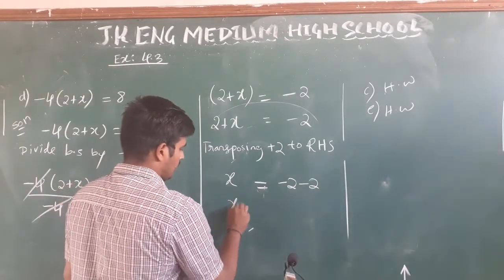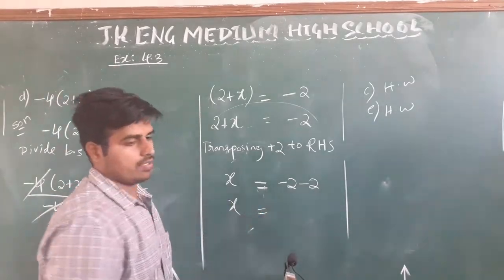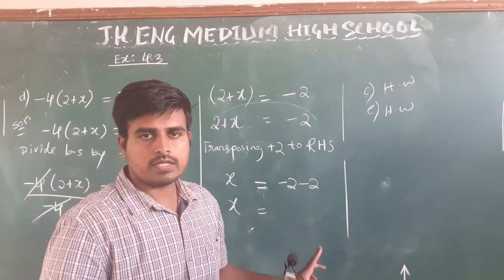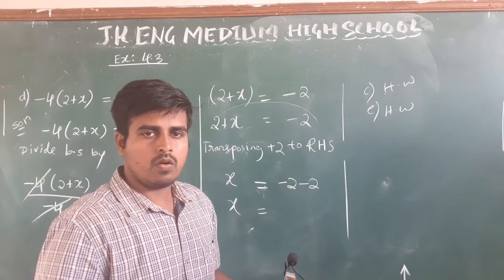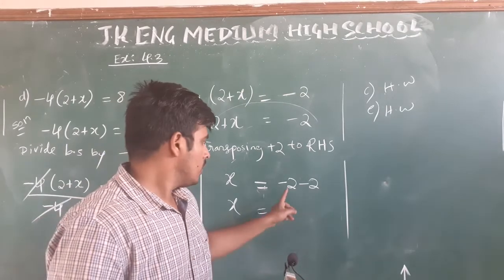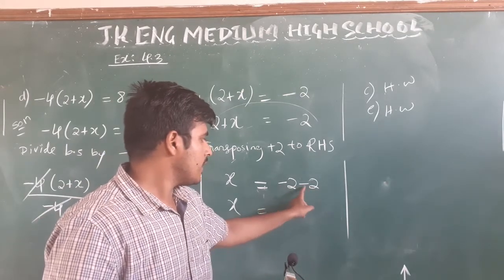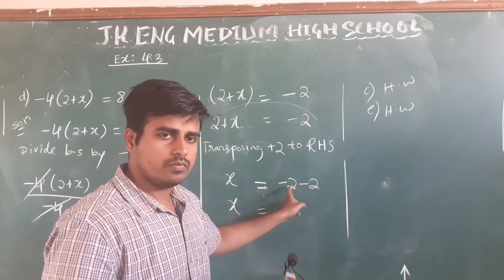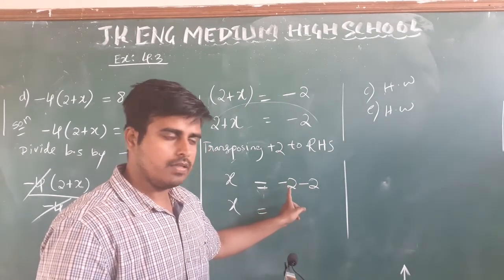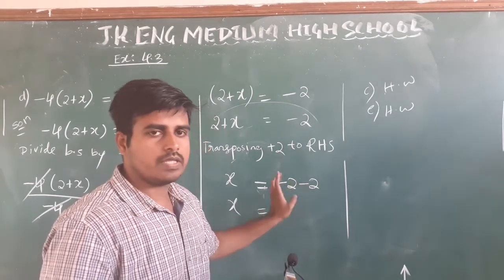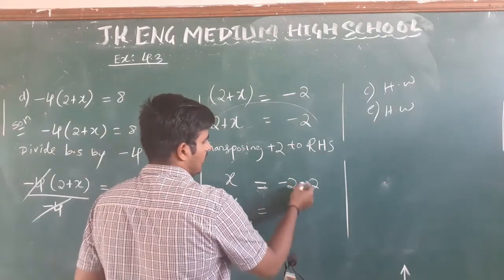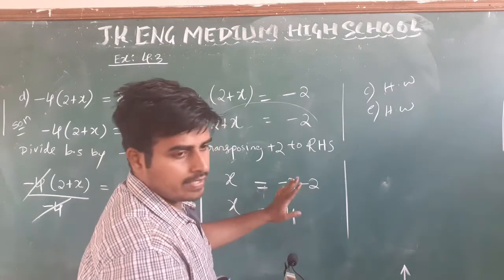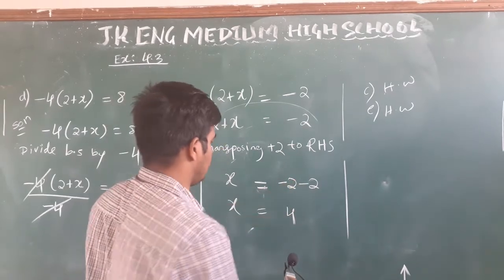Now you tell me, what is your answer? Whether your answer is 4 or 0 or -4. Both numbers are having the same sign. What you need to do? Even though they are negative signs, but they are the same, no? So in that case you need to add. 2 plus 2 will give you 4. Greater, no number is greater. In that case both are the same sign, no? So -4.